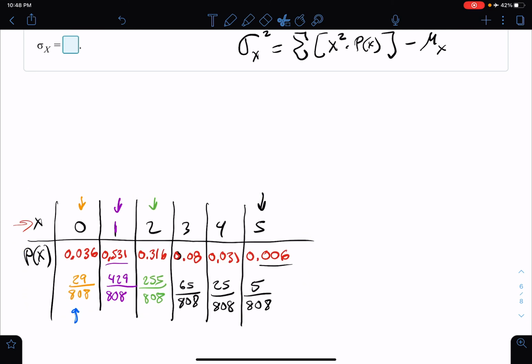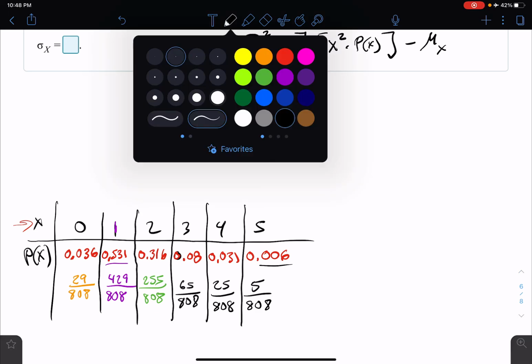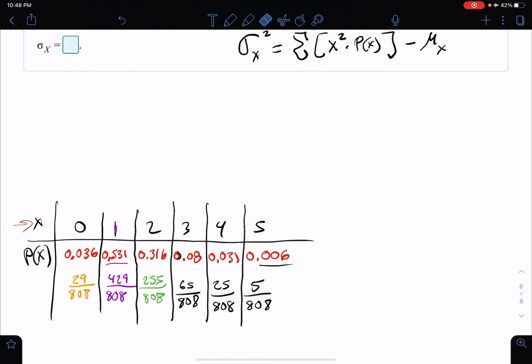Okay, so remember the formula. Let's get rid of these colors and start again. So the first one we're looking at is right here. Remember how the formula goes. It says take that x value and square it. So the x value is 0. Once again, this doesn't have to be because we know we're going to get a 0, but I'm just showing you. And then we take the probability of getting that